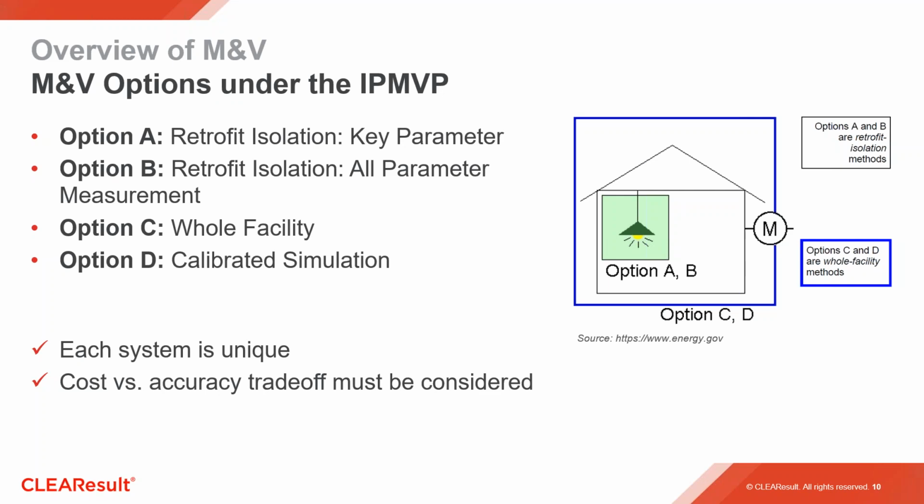It should be noted that for option C, the savings must be large compared to the unexpected variations in the baseline. Option C is rarely used in industrial projects due to the difficulty of detecting the actual savings. Option D, calibrated simulation, lastly, includes the use of simulation software to model the energy performance of the entire facility. The simulation model must be calibrated using facility monthly billing data or other metering available. Option D is typically used for high performance new construction projects.